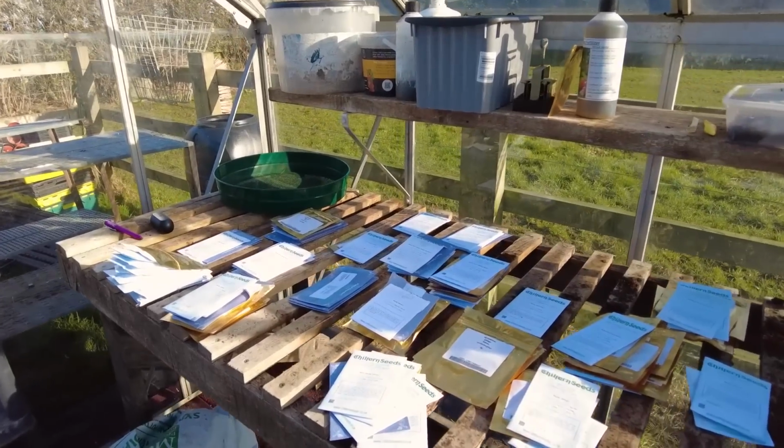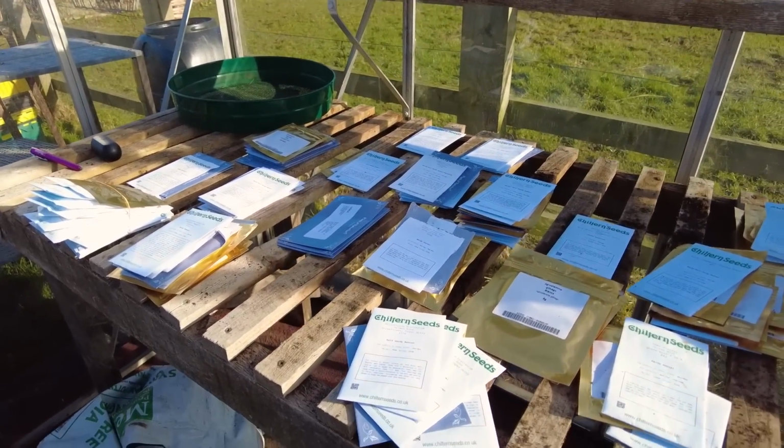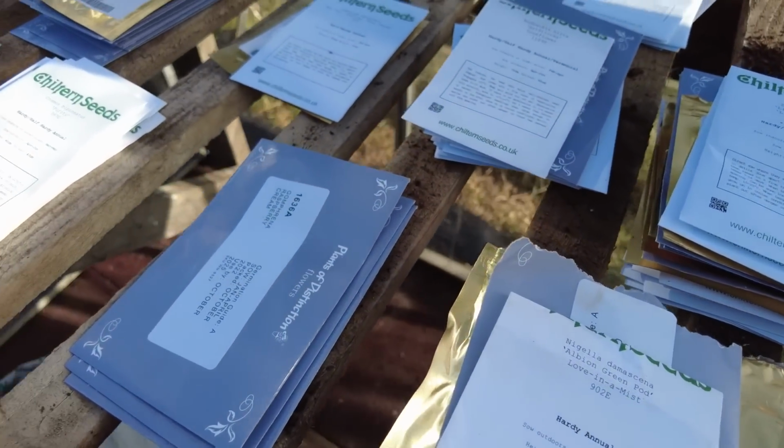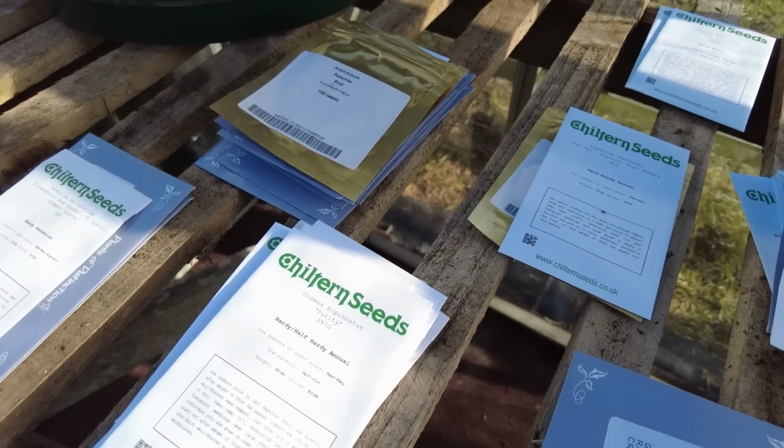spring. So I have already kind of gone through this already because I had to do it for when I ordered my seeds, so I was making sure that I ordered the right number of seeds for everything, but I'm just going to go and put it down on paper now so that I've got a paper version here in the greenhouse. So I've got all of my seeds laid out in front of me here, and I've just kind of had a quick count up of how many seeds I have of each one, and how many beds of